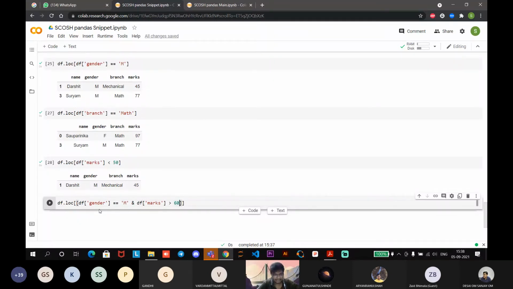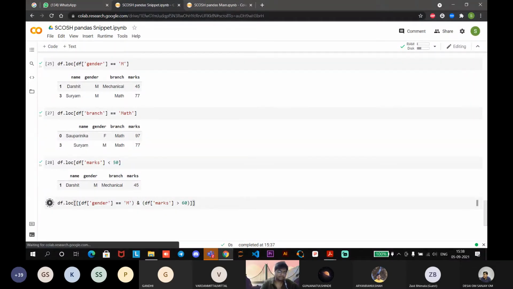Now if you try to run this, it won't work, and that's because of the two conditions you have given, that df gender should be male and df marks should be greater than 60, there is an and between them, right? So you need to differentiate them as well. So you put each df condition into parentheses. The condition df gender equals to male goes in one parenthesis, and df marks greater than 60 goes in the second parenthesis. And if you run this,